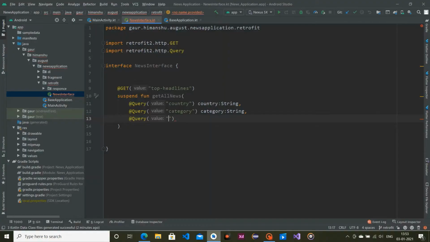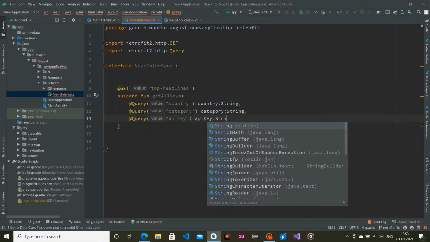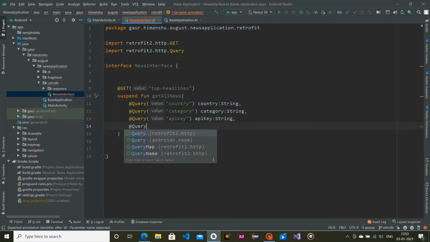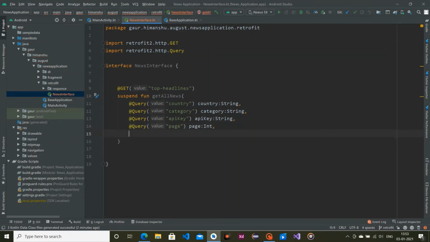So just copy this, paste it over here, and this is our API key, which is also of type String, and after that query our page, which is of type Int, and after that we have to query our page size.